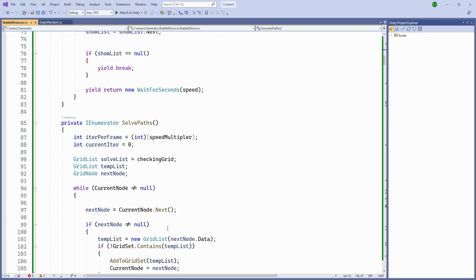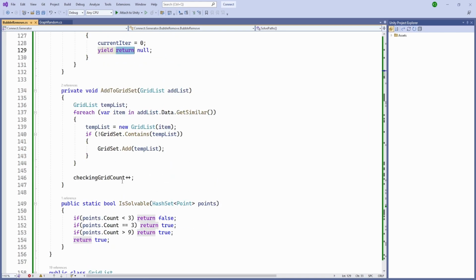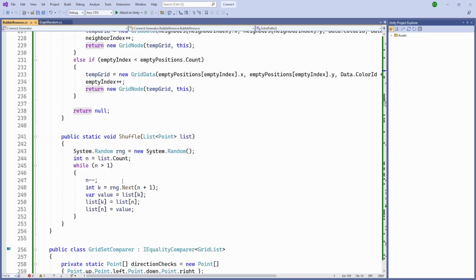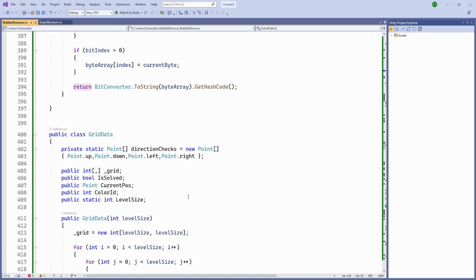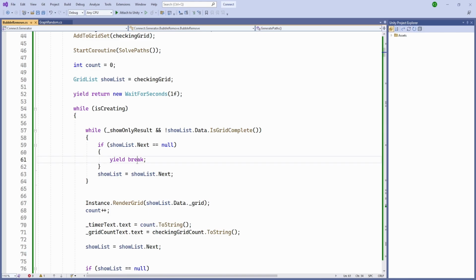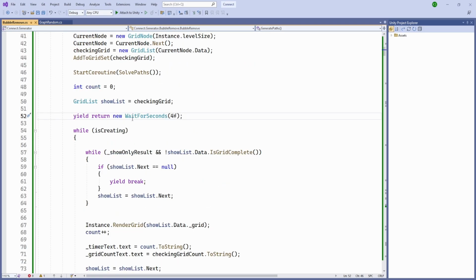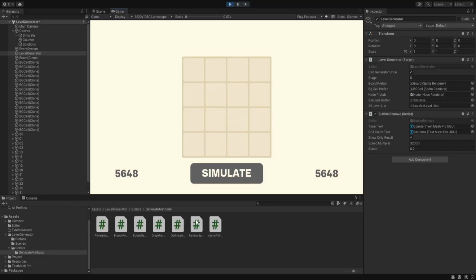So if the only results are shown, solve paths is going to work pretty fast. So yield return null, it is going to be solved in just one iteration. And if we go inside is creating show list and let it wait for 4 seconds, and then we can start showing. So our show list will be modified and we should be able to see it. So let's go inside Unity and let's hit simulate, and we'll wait for